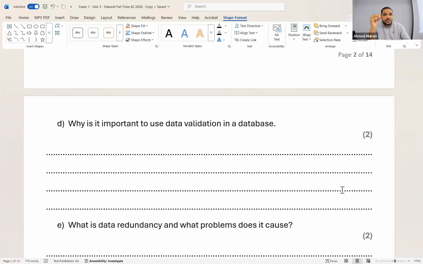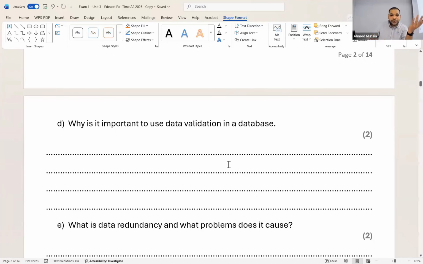We learned of various checks that you can put. So, for example, you want a date of birth to be within a certain criteria. What do we call that check? Range check. The user must enter a value. What were we calling that validation? Presence check. You want the user to choose values from a given drop-down menu. What were we calling that? List check. Like this, you had a variety of checks.